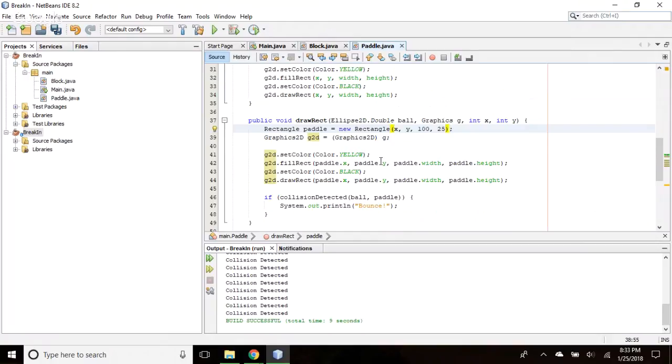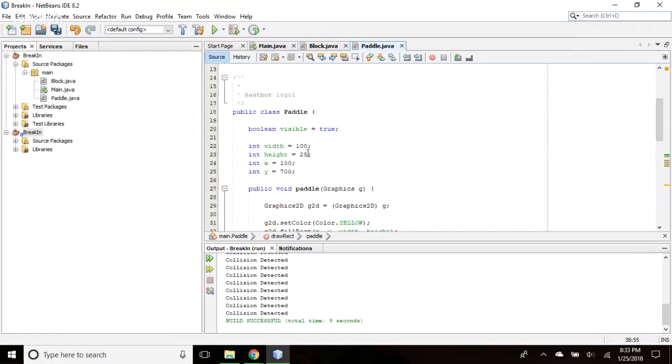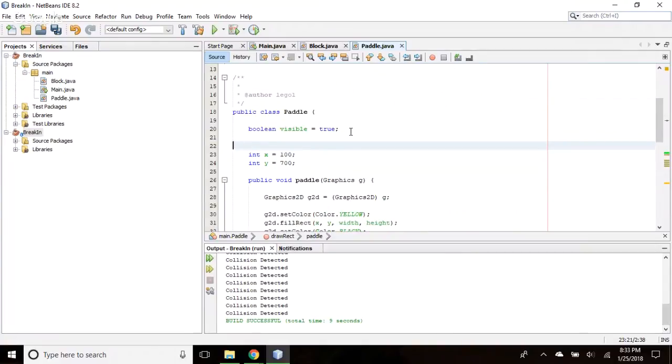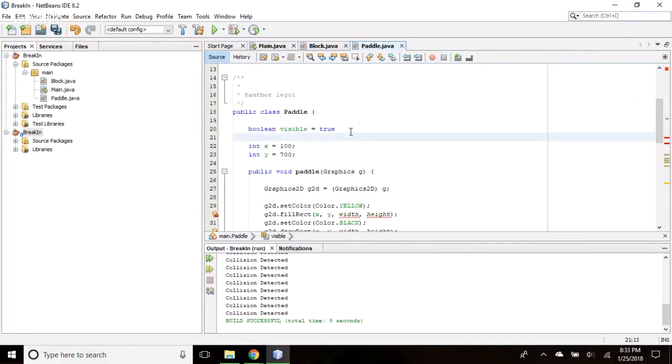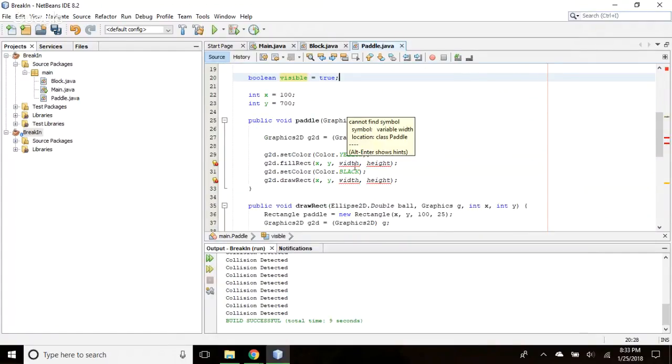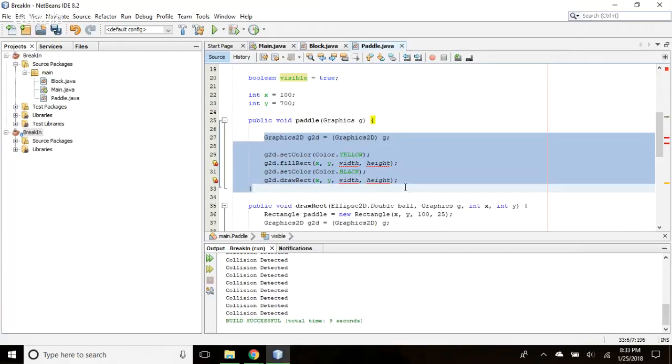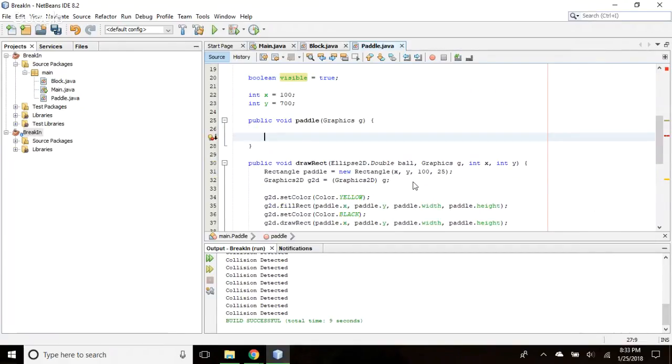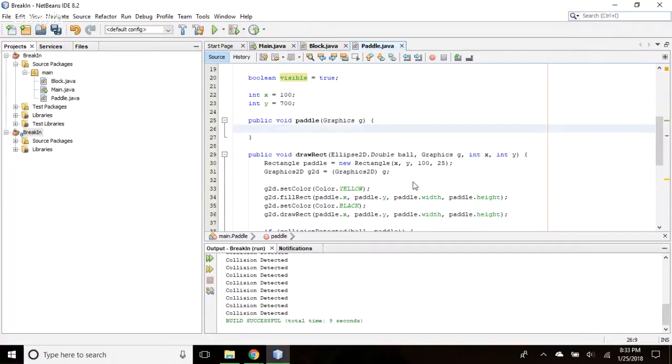So go up to the top and get rid of your width and height. You won't need those. Okay. You actually do not need anything in the constructor. Yeah, so delete that. Okay, you can delete the constructor itself too.